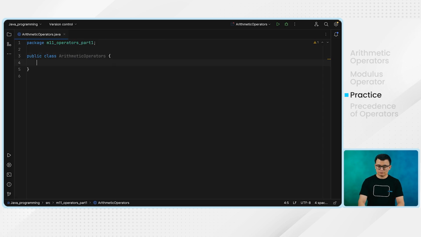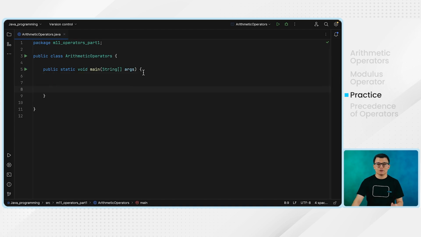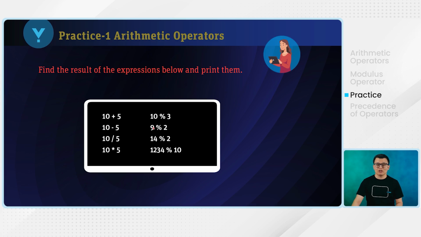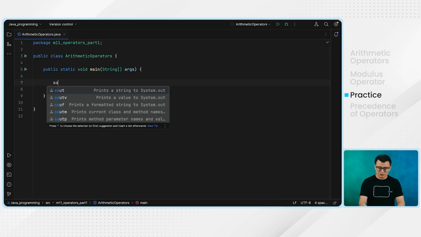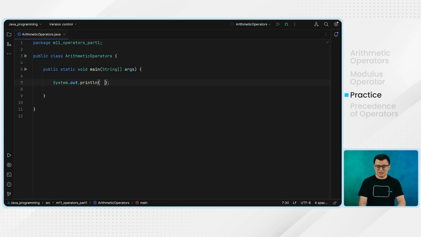Okay. And let me create this main method so that the class becomes runnable. And I'm going to give all those expressions in the print statements. Then we are going to analyze what will be the output. So you see every single one of those arithmetic operators you are applying to 2 operands, right? So when you apply the arithmetic operators to the 2 operands, at the end you will get a new data. That new data can be passed in the print statement. So therefore, if I have this print statement, I could pass the 2 operands and operator in this print statement